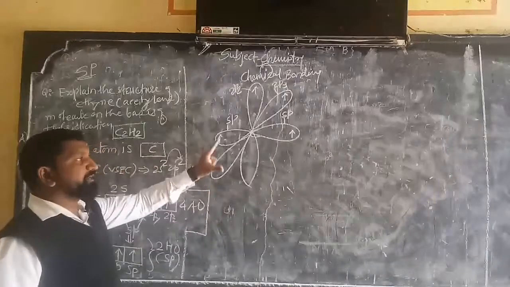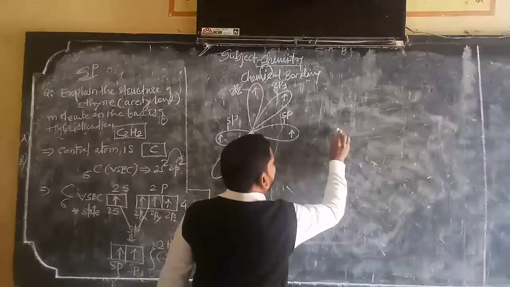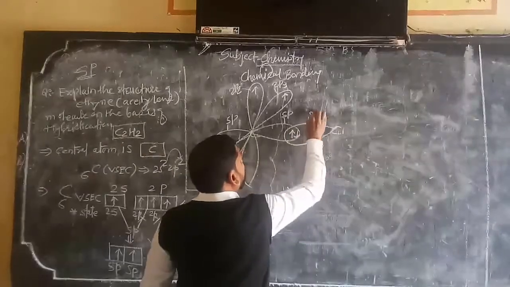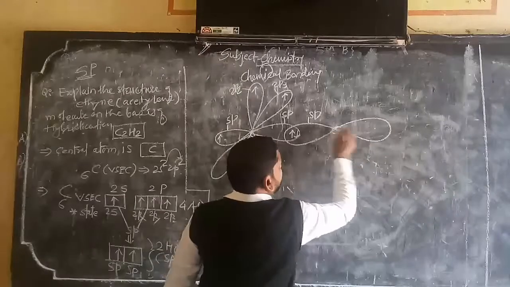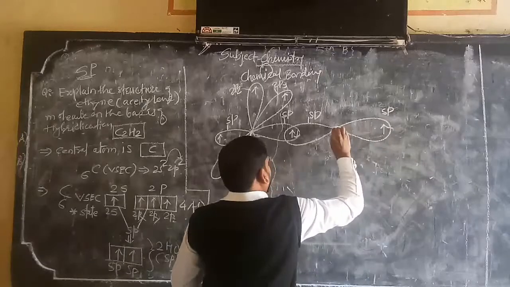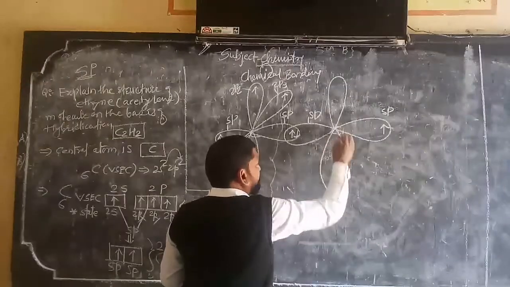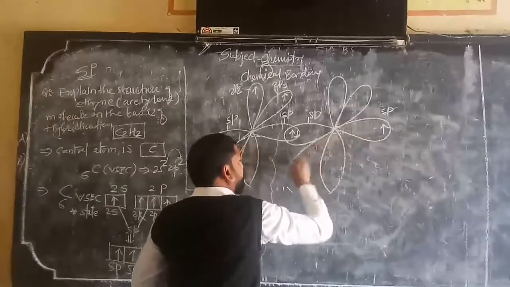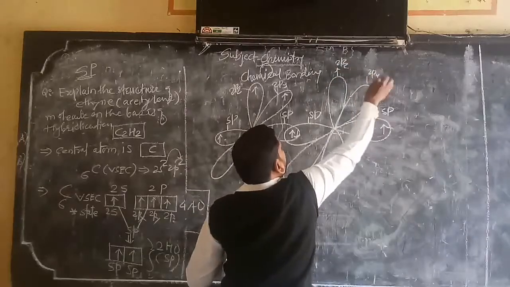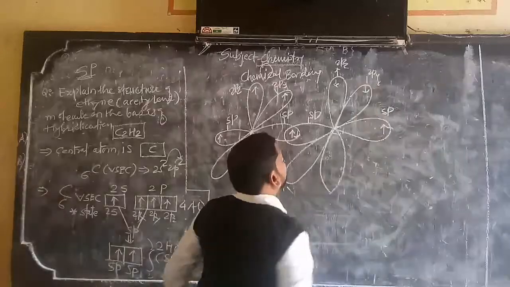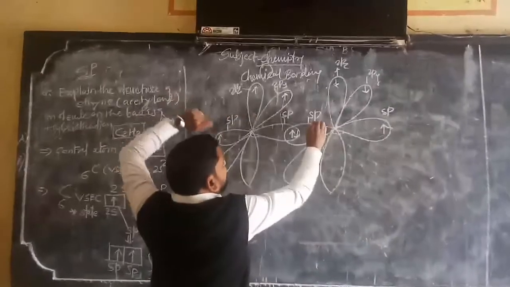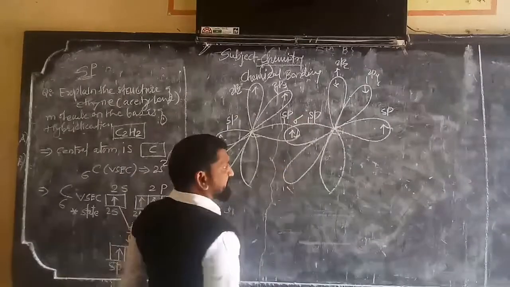Now this is the hybridization figure for the first carbon atom. Similar to that, we can draw the second carbon atom. It should also have sp hybrid orbitals, no doubt, each containing an electron. Then the unhybridized 2pz and 2py, each containing an unpaired electron. Now there is an overlapping between the sp hybrid orbitals of the 2 carbon atoms, forming a sigma covalent bond.